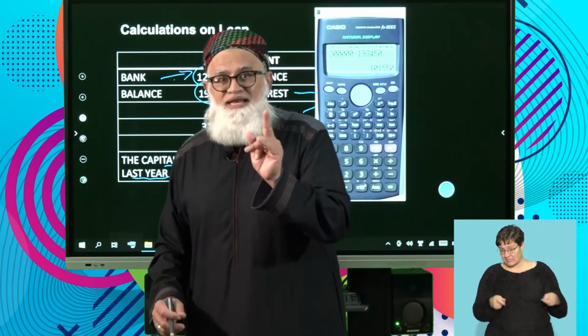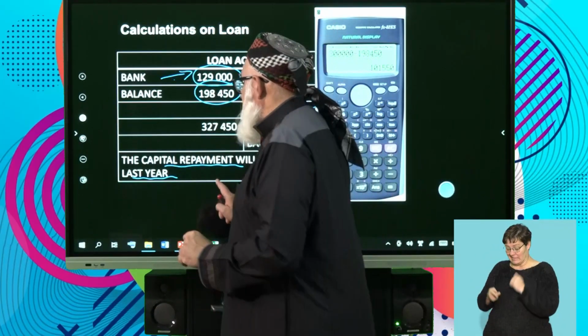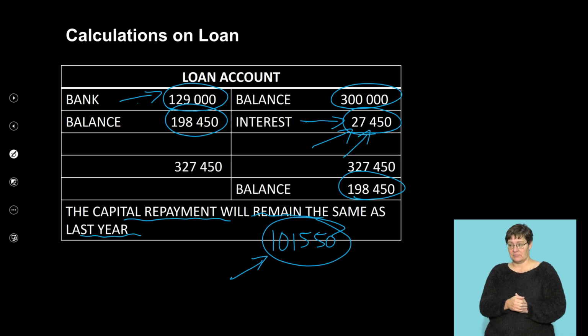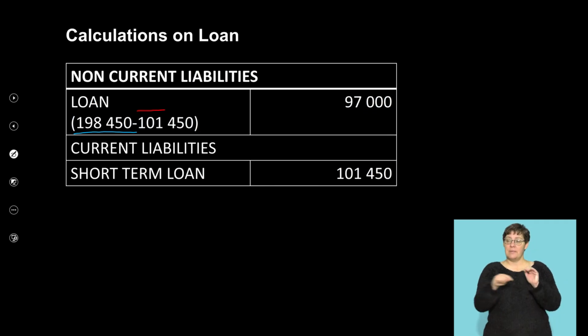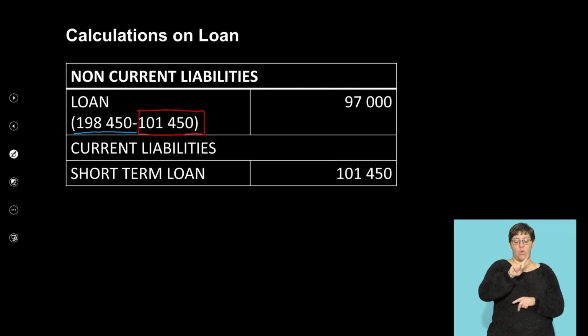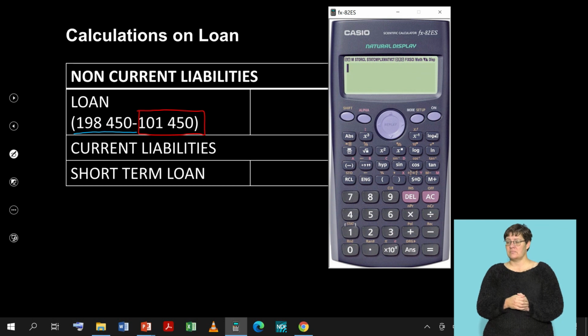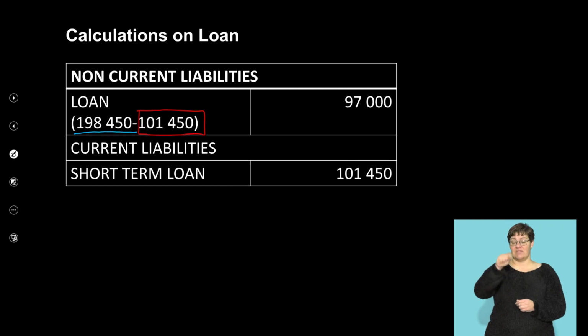Therefore, now when it comes to my balance sheet, watch this here. It's 198,450, which was my closing balance. Once again, let's identify it so you can clearly see it. My closing balance of 198,450 minus the capital repayment. And I showed you how we got that figure. So obviously, it will be 198,450 minus 101,450. And there you have your figure of 97,000 Rand, which is your